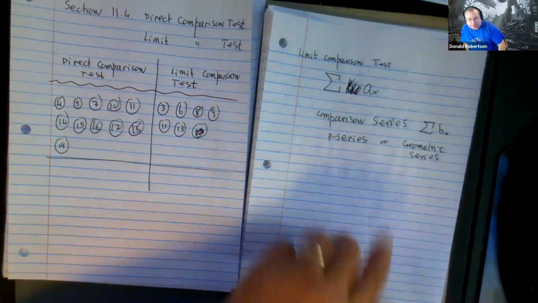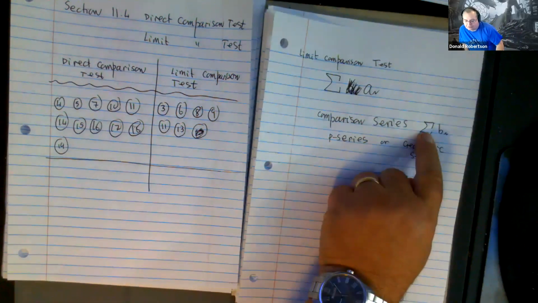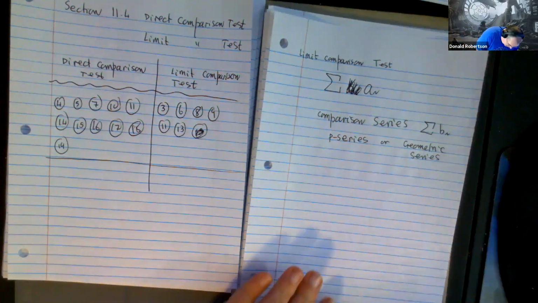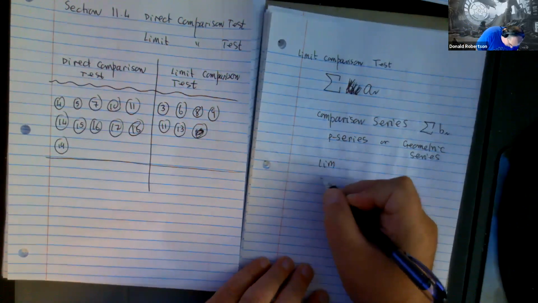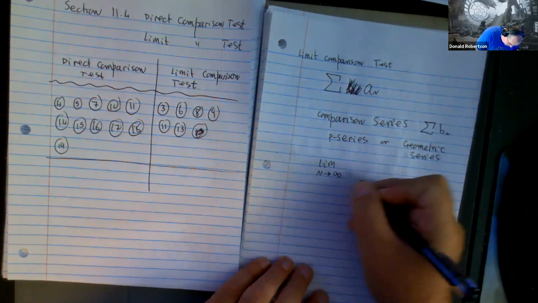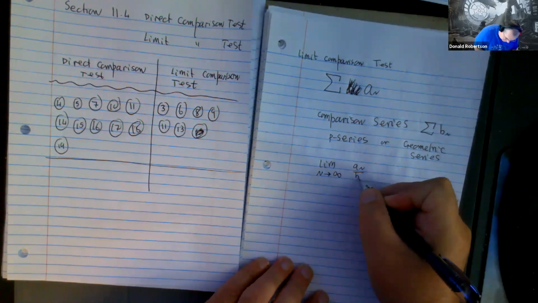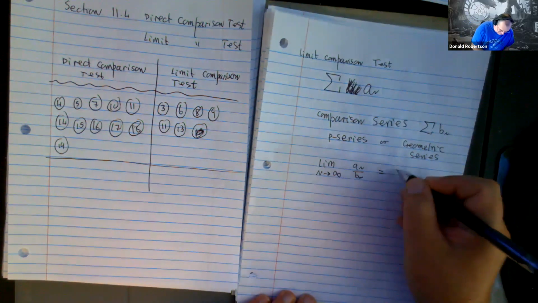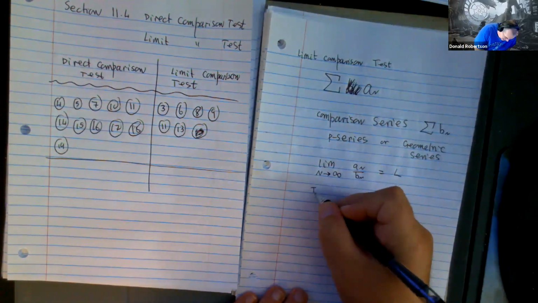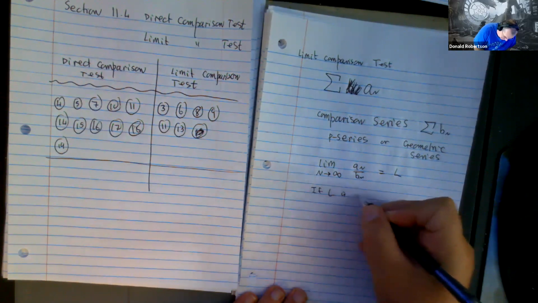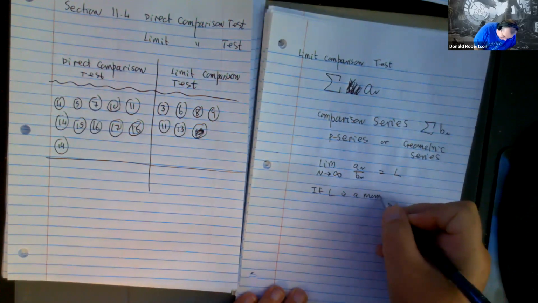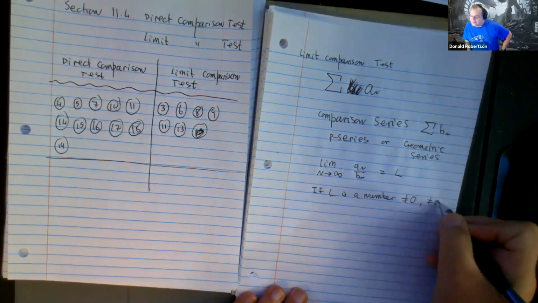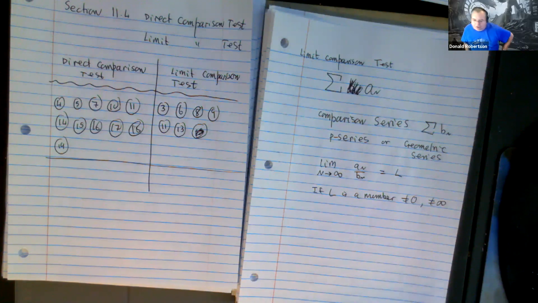So you take your original and you find a comparison to it, and it's either a p-series or a geometric series. Then you find the limit as n tends to infinity of an divided by bn, and it will equal L. And as long as L is a number, it's not allowed to be 0, and it's not allowed to be infinity. So as long as it's 5 or 3/4, as long as it's a number,